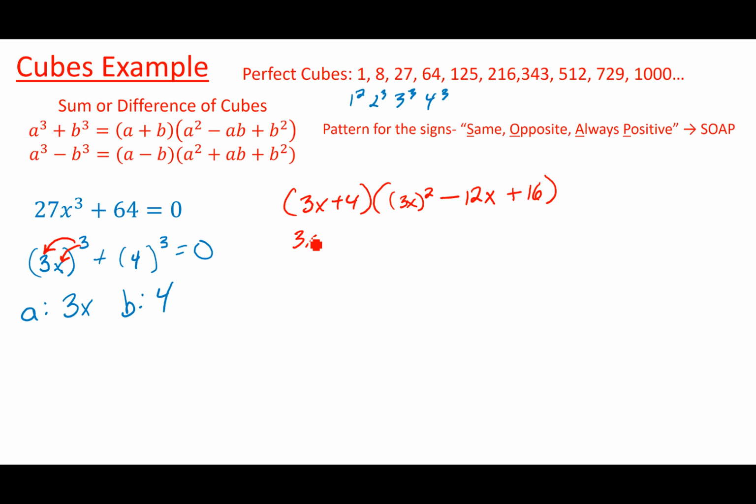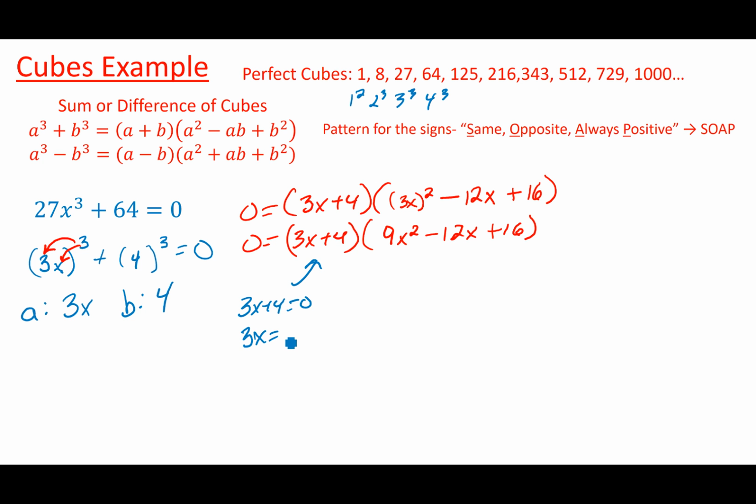So now I'll take it a step further. That (3x) squared I'll actually work out. So that's 3 squared x squared, so that's 9x squared minus 12x plus 16. Again, all this still equals 0. Well, right away I can pick off this easy one. If 3x plus 4 equaled 0, then 3x would equal negative 4. X would be a negative